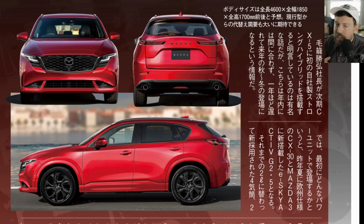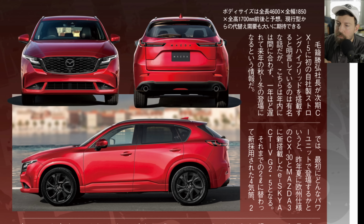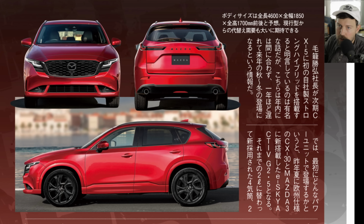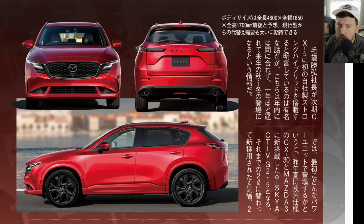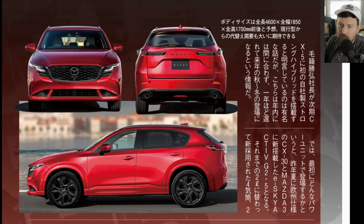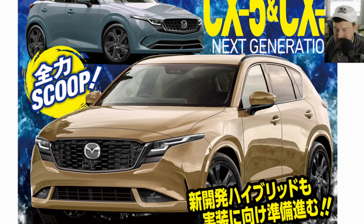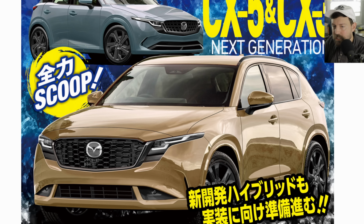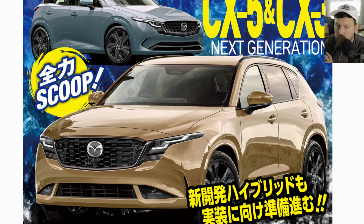The CX-5 accounts for approximately 25% of Mazda's global sales. And it was released in 2012 as a new model, the first gen CX-5. And it was a huge hit as one of the cars symbolizing the new Mazda, and was fully redesigned into the second generation in 2016. 8 years after its release, the second generation is still on sale, but this year the long-awaited third generation will